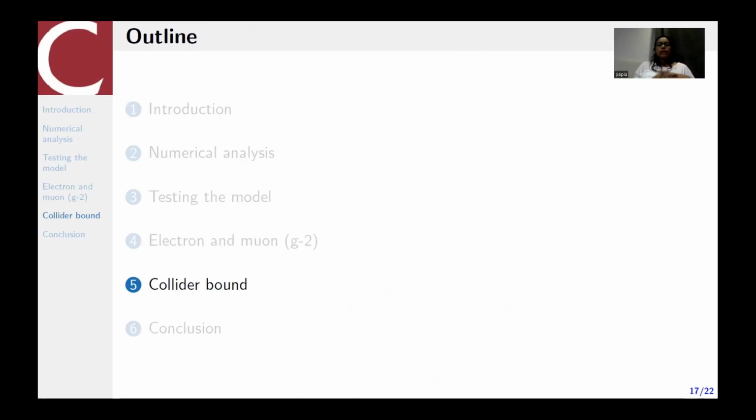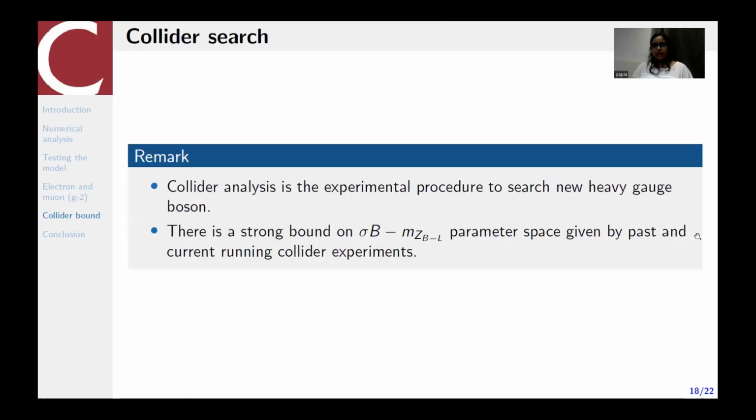Yeah. So I have a very last point coming from our model, which is nothing but the collider analysis. Then coming to the next one. Collider. Next slide. So the collider analysis is nothing but the experimental procedure to search for new heavy gauge bosons. So in our model, we have seen that